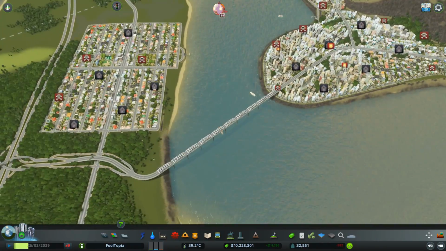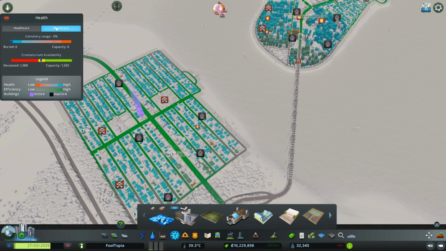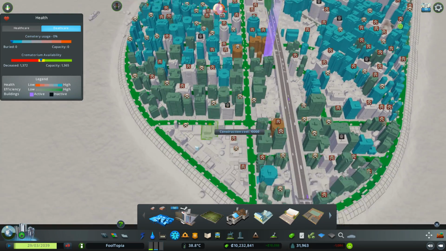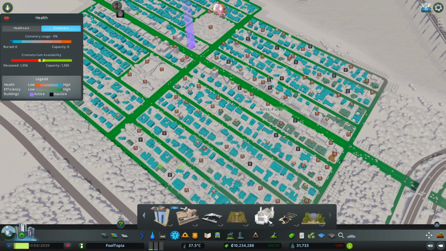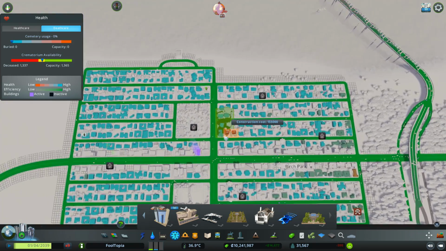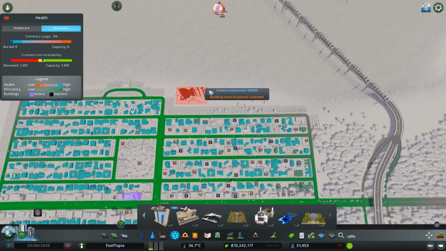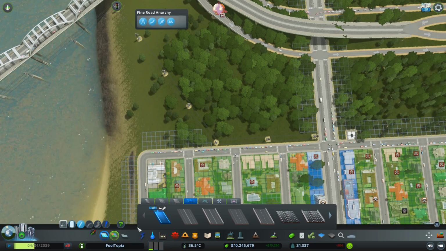We've got death wave for days right now. Why have we just got such a huge death wave all of a sudden? I don't quite get it. So I need one of these, an advanced crematorium. Now if I placed this there, it will just kind of kill off that. Don't really want to do that as much. But what if I